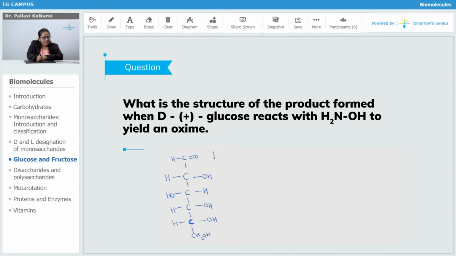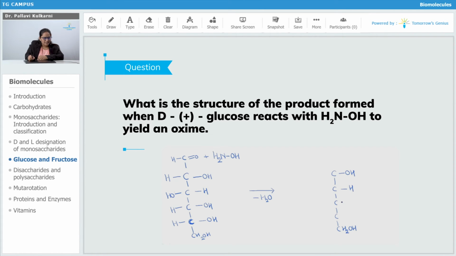When we treat any carbonyl compound with hydroxylamine, it will give out water as the elimination product. A smaller molecule, that is water, is eliminated and we will get the oxime formation, right? So on the arrow I am writing dehydration, that is removal of a water molecule. Again you have to write down the oxime as the product. For that purpose, follow the same way of writing the structure: the 4 carbon atoms, the CH2OH group,